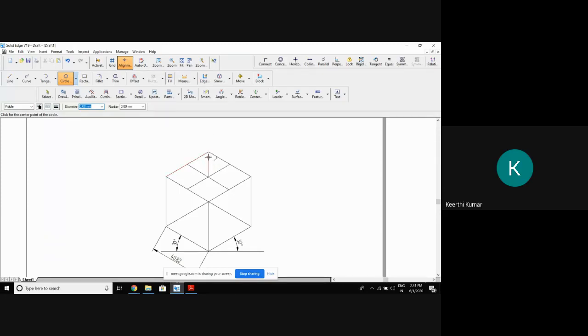I got here. From here, you draw a circle. What is the diameter I am supposed to draw now? I am supposed to draw 40. But to draw this 40 for a circle, no need to go for isoscale. That means no need to multiply by 0.8164. Only multiply for the radius, the vertical line you are drawing. But for the circle, you keep the original dimension as it is. Clear? Yes, sir.